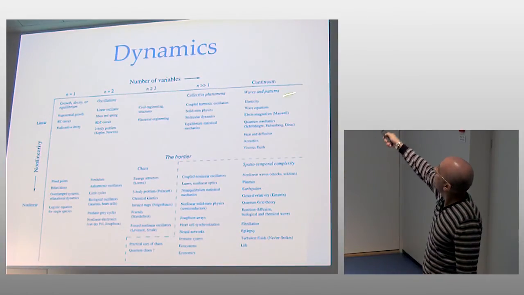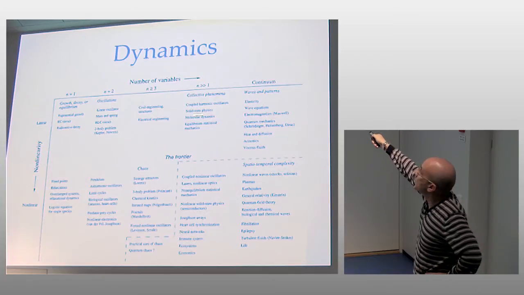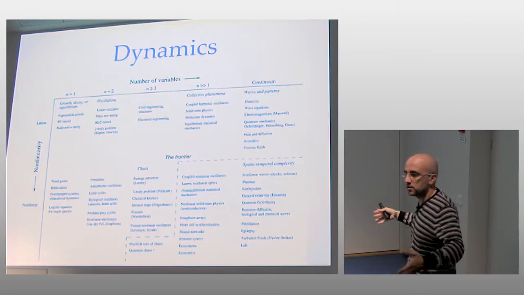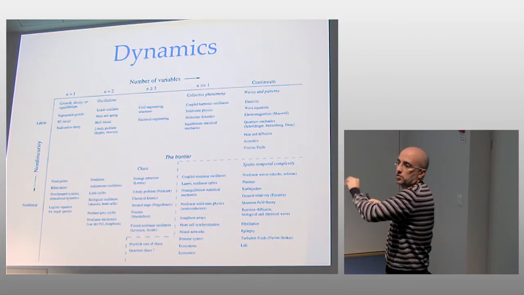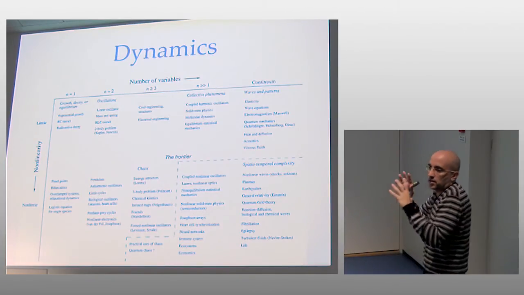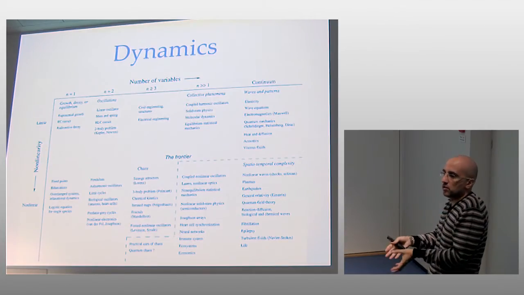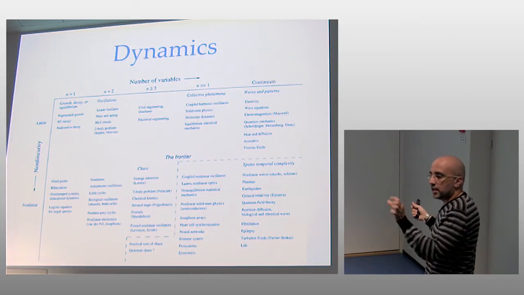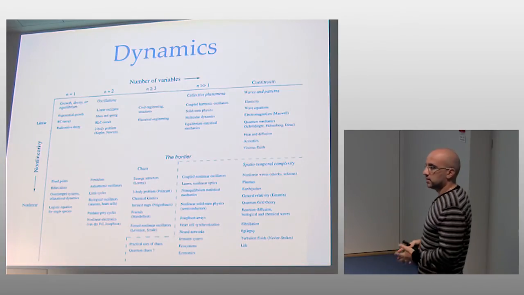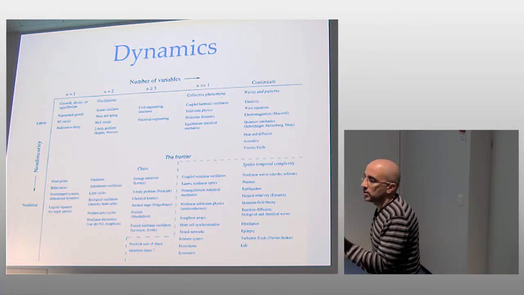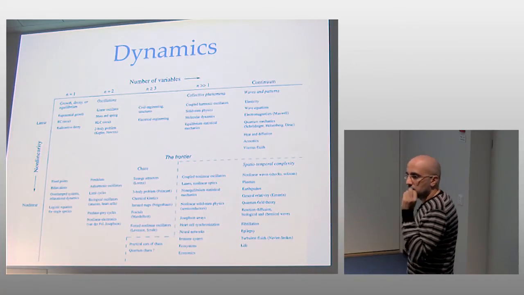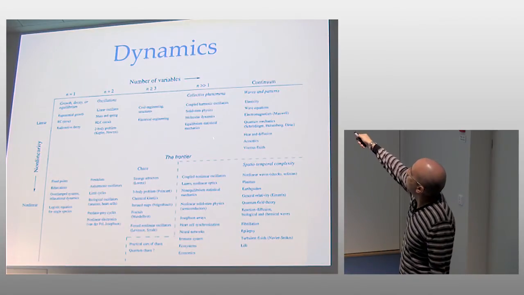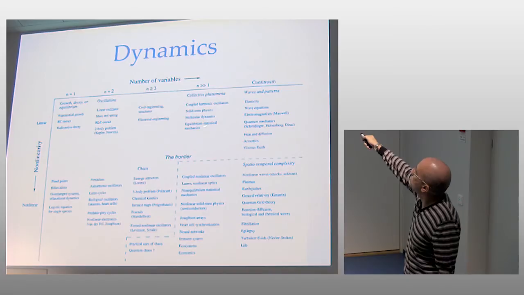And the difference between this and this is that in both cases you have infinite variables, but here you have a discrete infinity, so countable infinity. Like for instance, if you have a lattice or a crystal, then you have all the atoms. You have infinitely many if you take any piece of material, because there are billions of atoms in there. So in the limit, you may say infinite. They are equally spaced, usually, because they are ordered in some sort of lattice. And each of them, of course, has its own variables, which are coupled with the other variables. Then, of course, if you are in a linear situation,